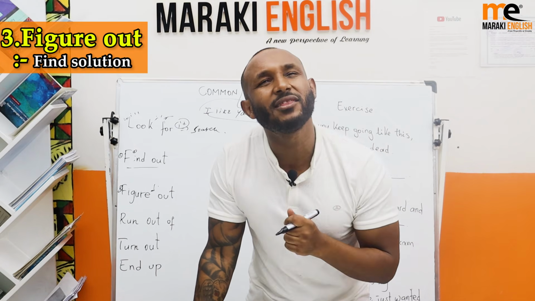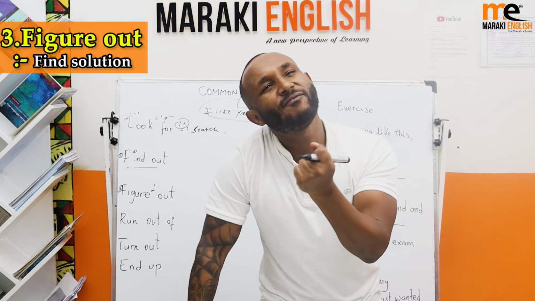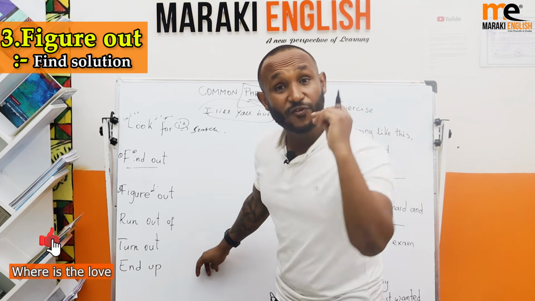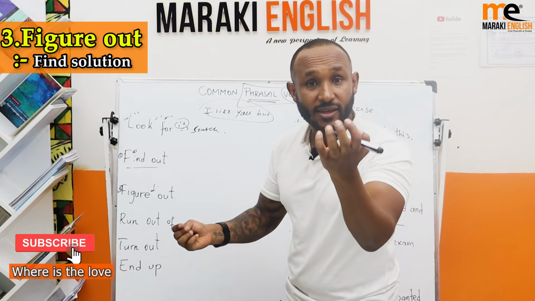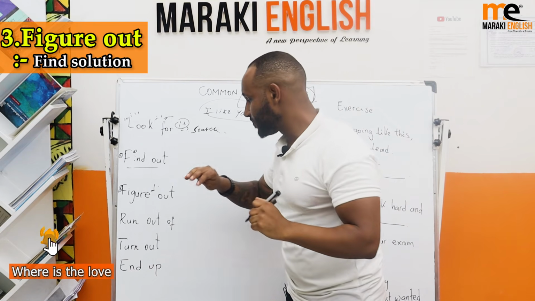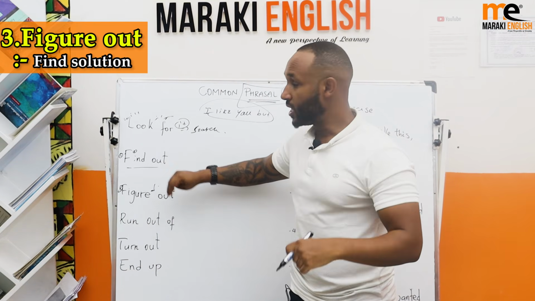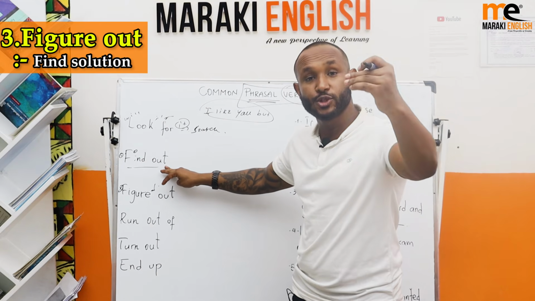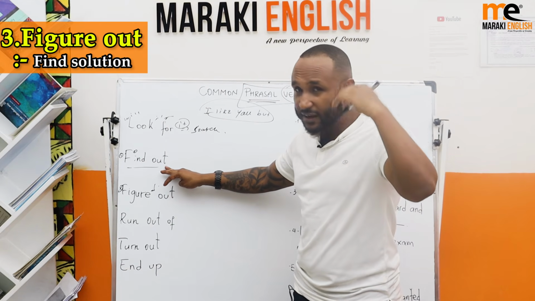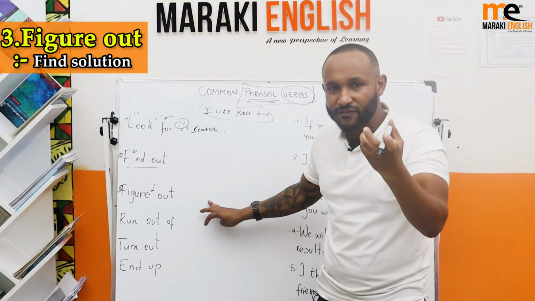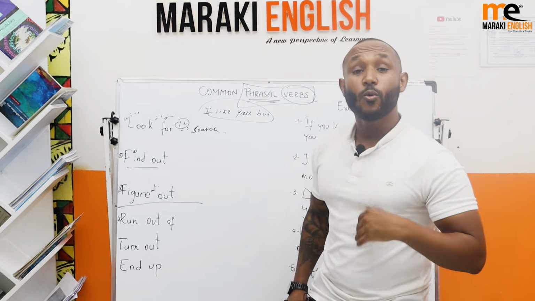So I was just sitting and thinking, how can I get my phone back? I know it's with him. Thinking. And then finally, I figured out a way to get my phone back. Okay, good. Let's stop here. So let's see. I was looking for my phone, and later I found out my friend took it. And after thinking for some time, I figured out a way to have my phone back. Okay? So what happens next?